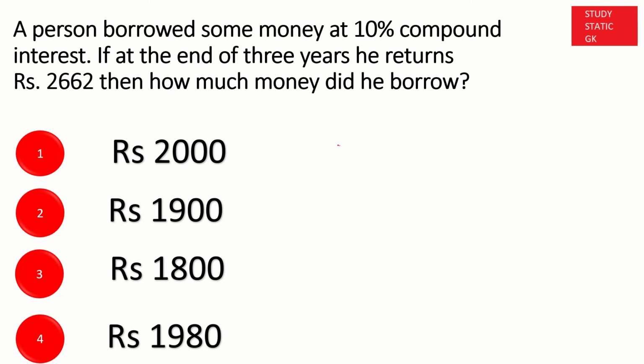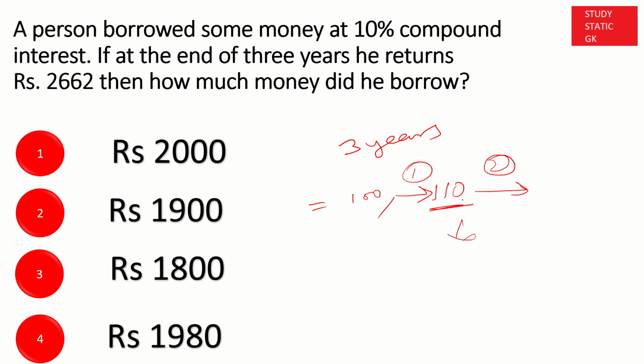Okay, at the end of 3 years. So the total term is 3 years. Let us assume 100 rupees is borrowed. Then at the end of the first year, with the compound interest of 10 rupees, the amount will be 110. This is after the first year, and after the second year,